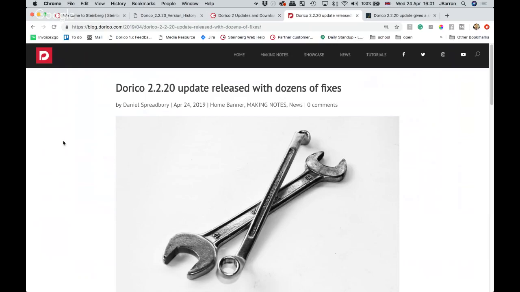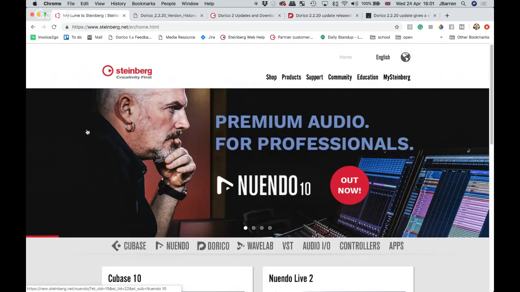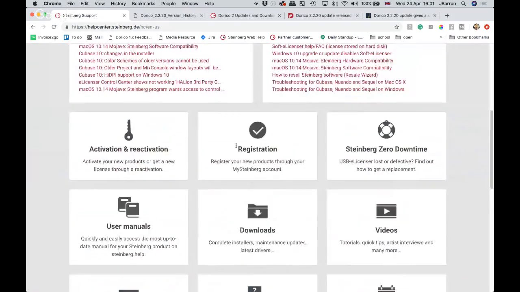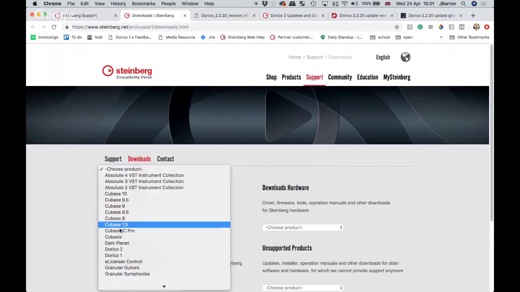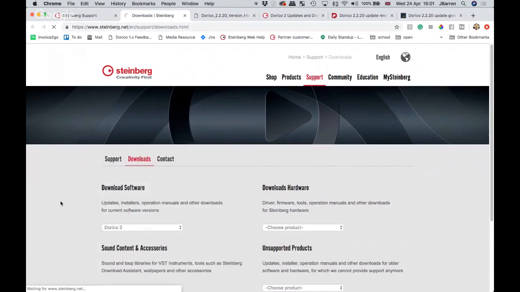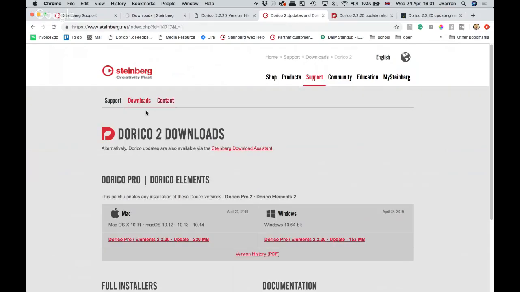So where you can get the new version: if you go to the Steinberg website, this is the homepage. If you go to support and then downloads here, and then in the software section you can scroll down to Dorico 2, and in here it will automatically show you, while it loads, the Dorico Pro and Dorico Elements download page here with